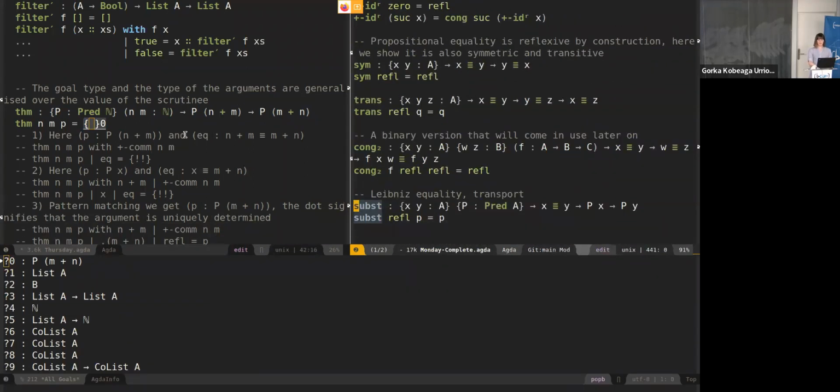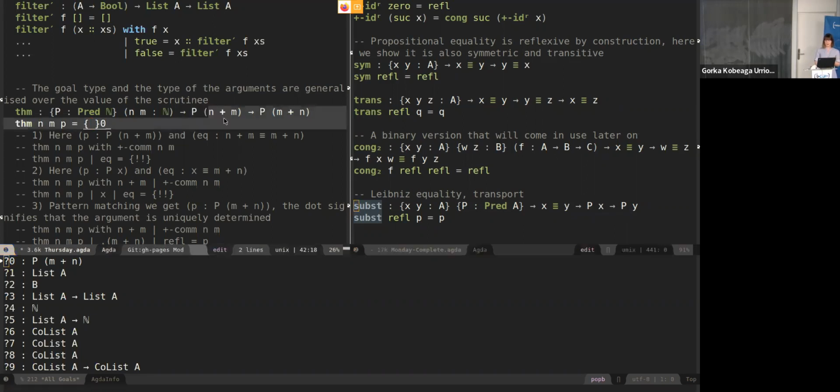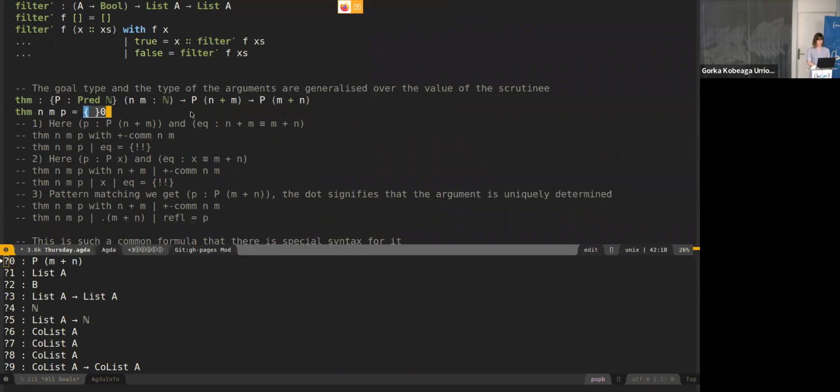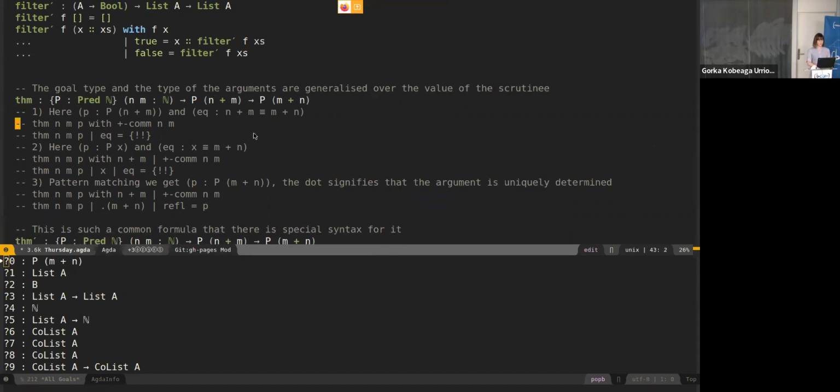We had this proof here, transport, that says if x and y are the same and p holds for x, then p holds for y. And basically here, x is n plus m and y is m plus n. It's basically the same. And so I'm going to show that. So if we use pattern matching to do this,